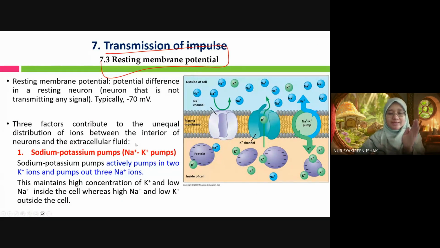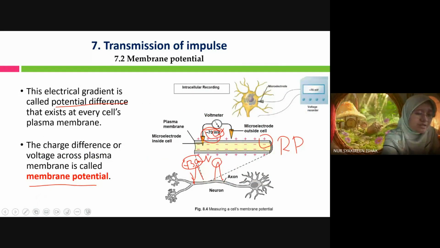Alright, so okay, resting potential. The resting membrane potential is the difference in a resting neuron, a neuron that is not stimulated. It is not generating any impulse. So it is a neuron that is not transmitting any signal. So the reading of the resting potential should be